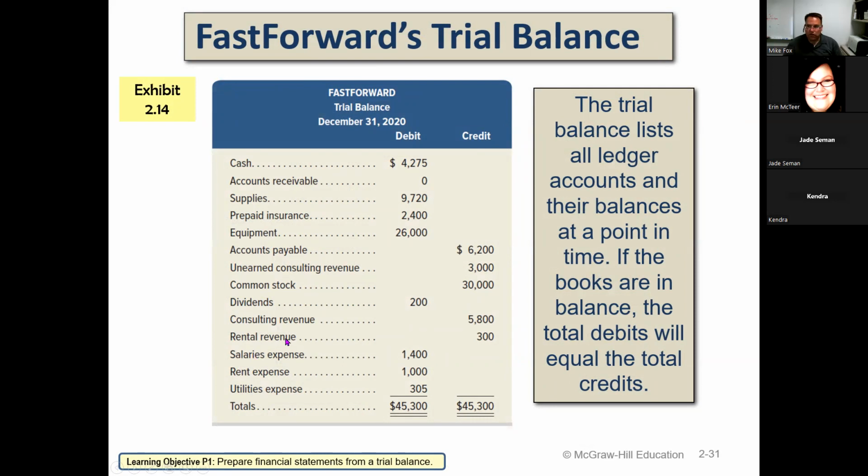So I always call this financial statement order. The balance sheet has assets, liabilities, and equity. Then the statement of retained earnings has dividends and retained earnings. And then the income statement has revenue and then expenses. So that helps me remember what order to put these in. Anyway, so that's how they're laid out. Your trial balance must balance. Your debits have to equal your credits. What's super cool about this is once you have a trial balance, creating financial statements is super easy.